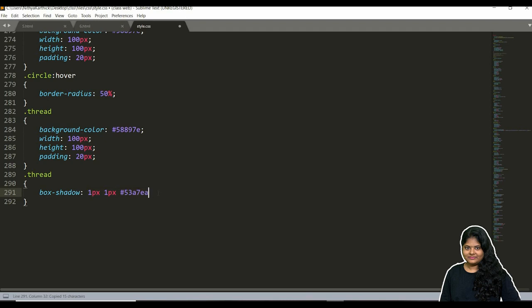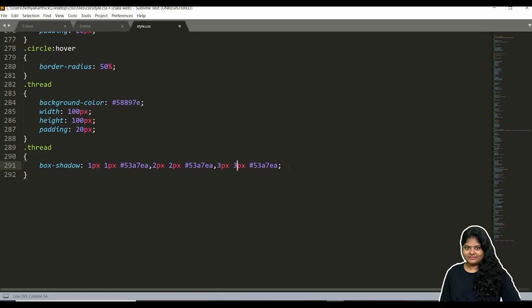Now this is not a semicolon, this is a comma. For 3 dimensions, we want to give 3 values similar to this, separated by commas. We want to increase the pixels like this, then only you can find the difference very accurately, right?